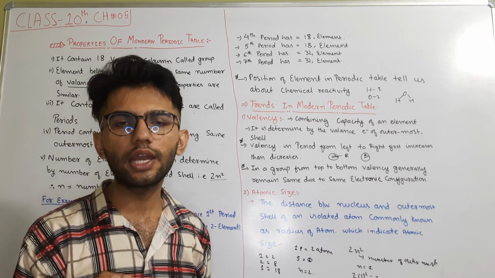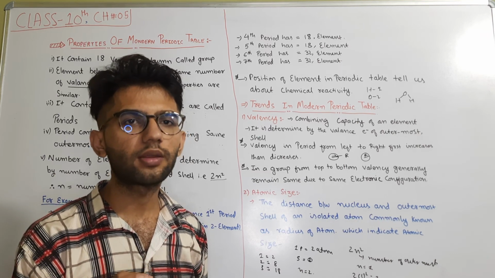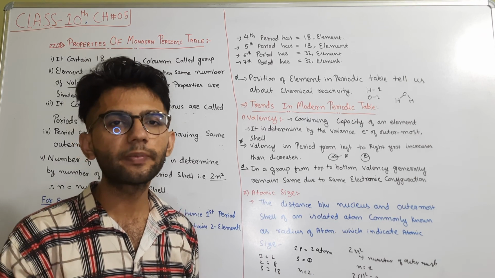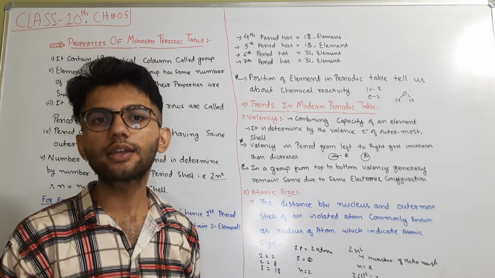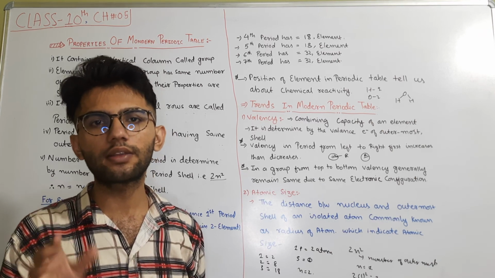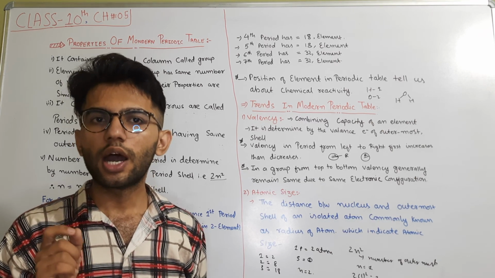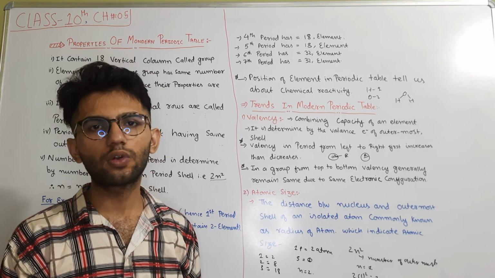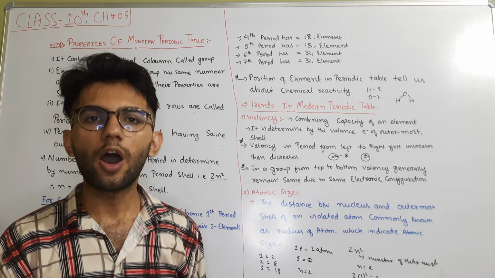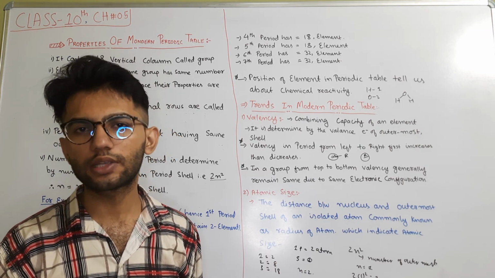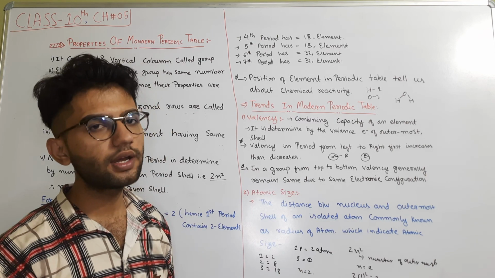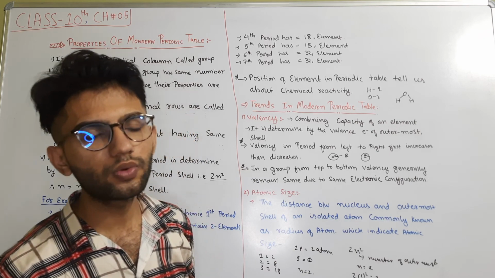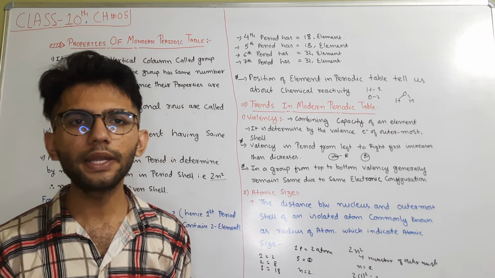Because each and every element tends to complete its octet, meaning there should be 8 electrons in its outermost shell. As we have learned in the 9th class, 8 electrons in the outermost shell represent the stability of an atom. So in order to attain 8 electrons in the outermost shell, sometimes atoms gain electrons or they lose electrons. How many electrons they lose or gain gives the valency of an atom. As you know, except hydrogen, every atom tends to complete its octet.